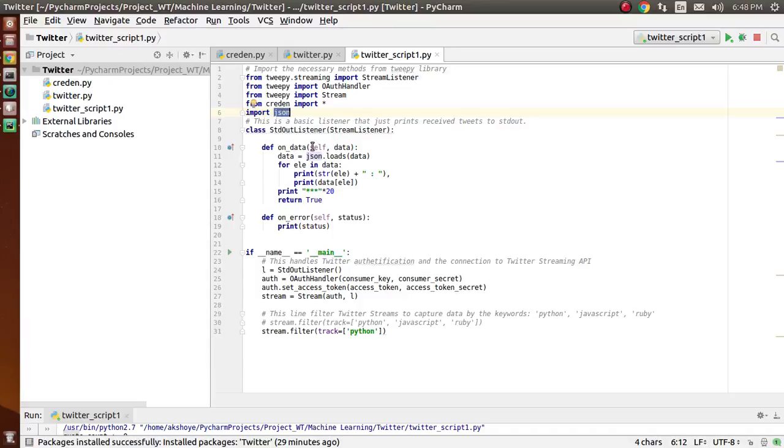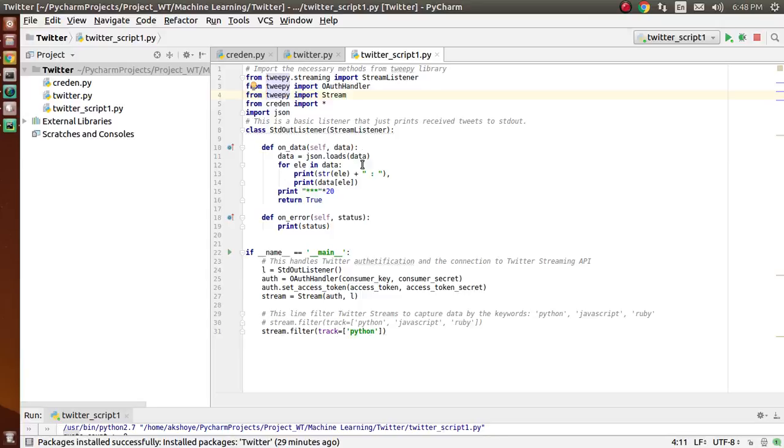We use JSON to convert the response we get from Tweepy to JSON so that we can easily access and manipulate the particular data we get. Tweepy is basically an API, an application programming interface. It's a third-party application programming interface which basically connects the user to the server for accessing information. So here we are using Tweepy.